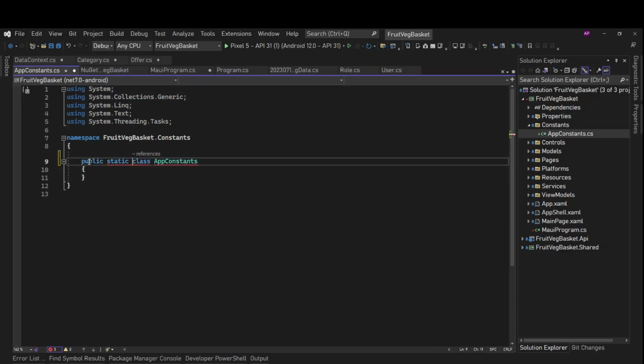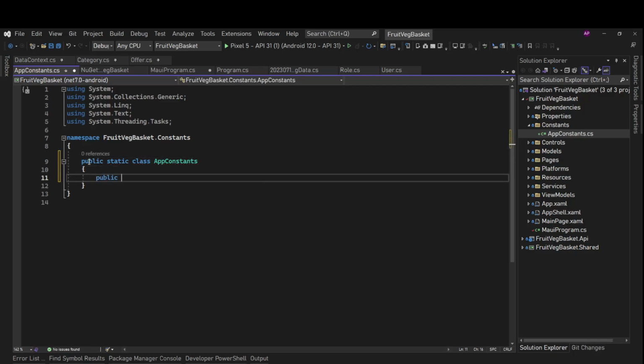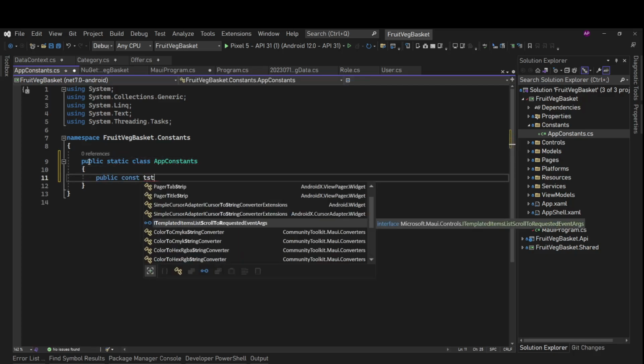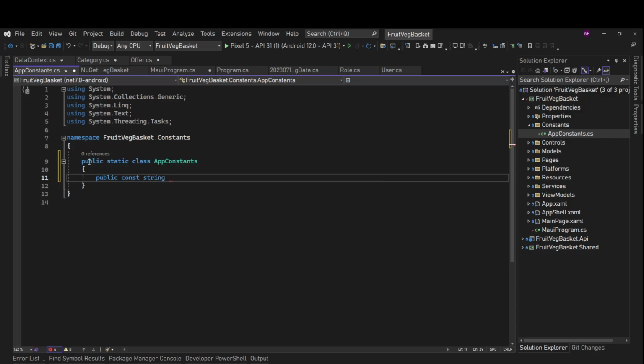Public static class AppConstants, and here we'll say public const string HttpClientName, and we can name it whatever we want. So let's say FNV fruit and vegetable HTTP client.